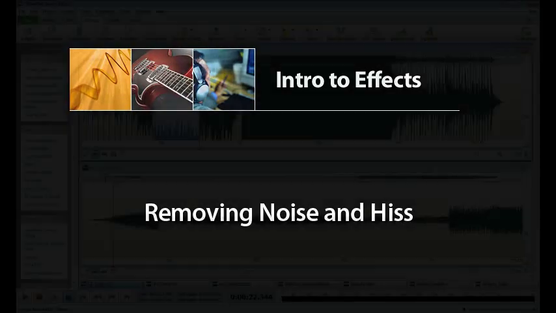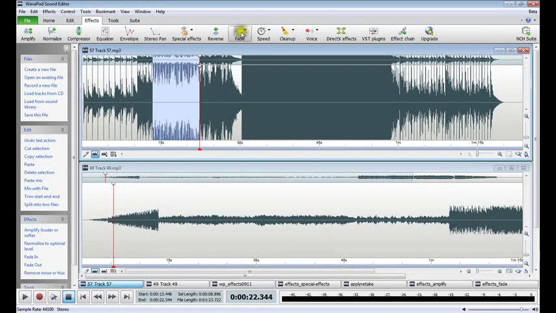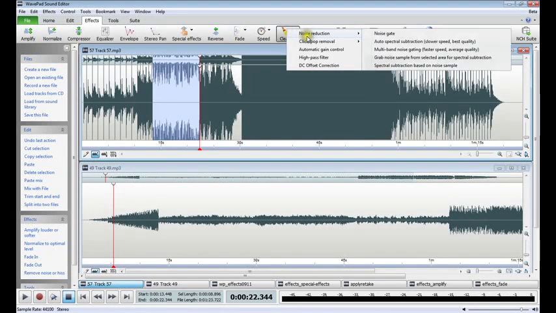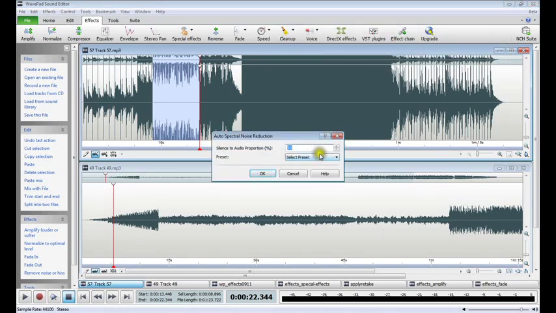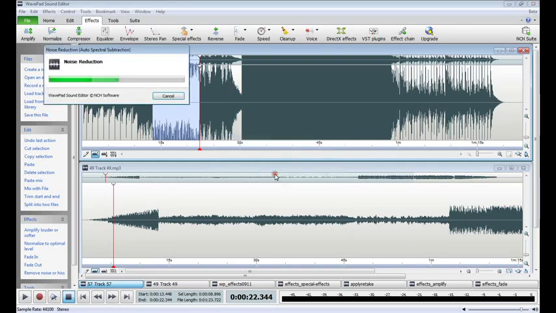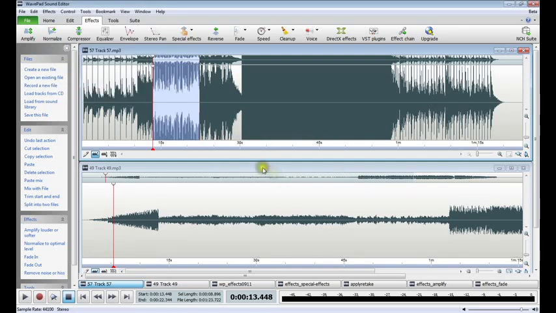There are several combinations of effects you can use to reduce background noise from an audio file on WavePad, but here is one method that works well for a basic cleanup. Click the Cleanup button on the toolbar and select Apply Auto Spectral Subtraction. Either adjust the audio proportion percentage, or select a preset from the drop-down menu that best fits the audio you are working with. Click OK and listen to your file after the spectral